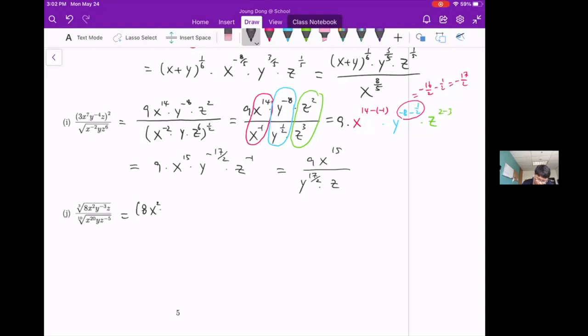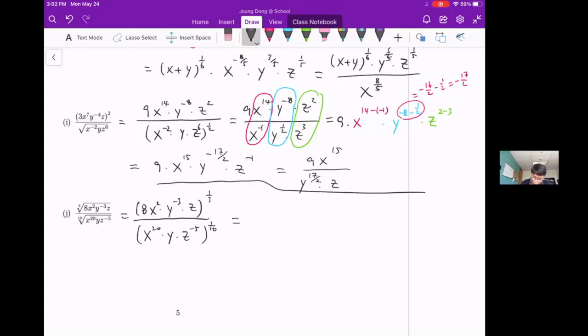8x squared and y to the negative 3 times z to the 1/3 over, at the same time, x to the 20, y, z to the negative 5, all to the 1/10. I read them so far, okay? Then everything is a product, right? So which means we can distribute your power, right? So that is equal to, let me split it this way, and numerator,